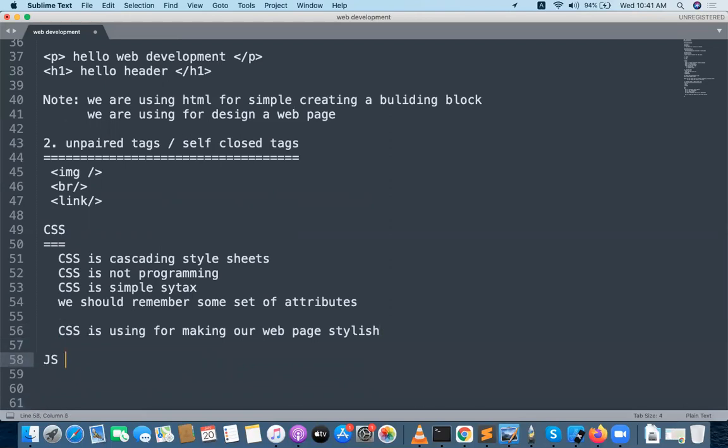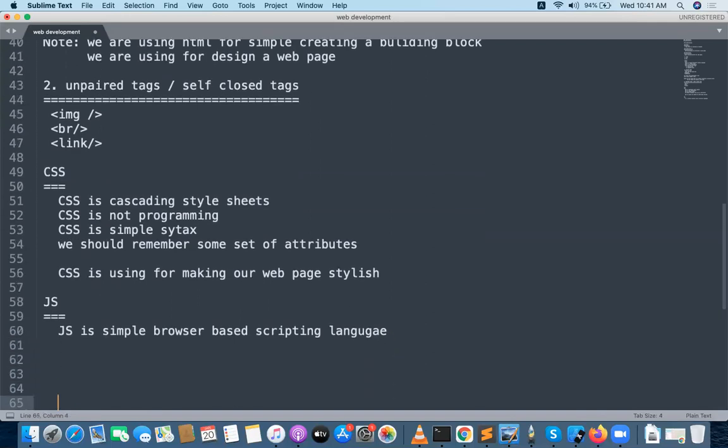Coming to JavaScript, this is the important concept we are going to be discussing here. JavaScript is a simple, browser-based scripting language. We are actually coming to programming now, but this programming is also not complicated.